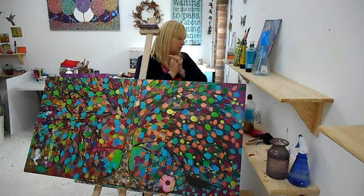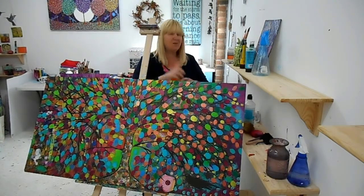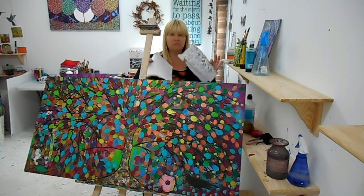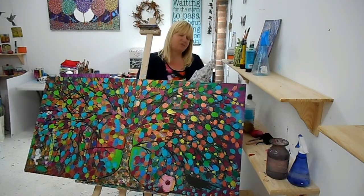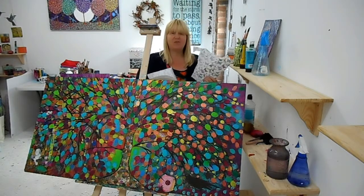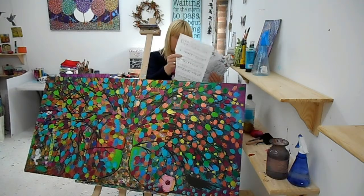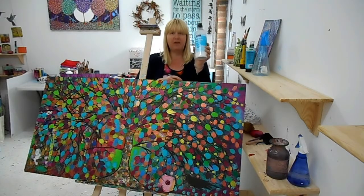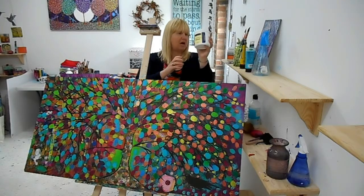What else can I tell you? If you're working on board like this, or not so much canvas, you might want to be collaging onto your background, and just have stuff to hand, like wrapping paper that somebody's given a present in, just save it. Lovely tissue with pretty butterflies and feathers, music paper. You can use ordinary PVA school glue for gluing, white gesso, which I love,